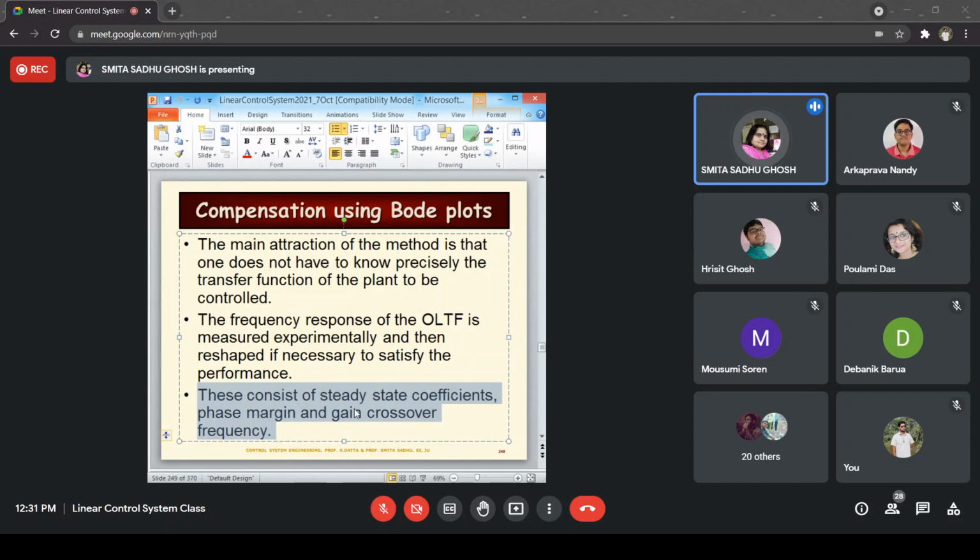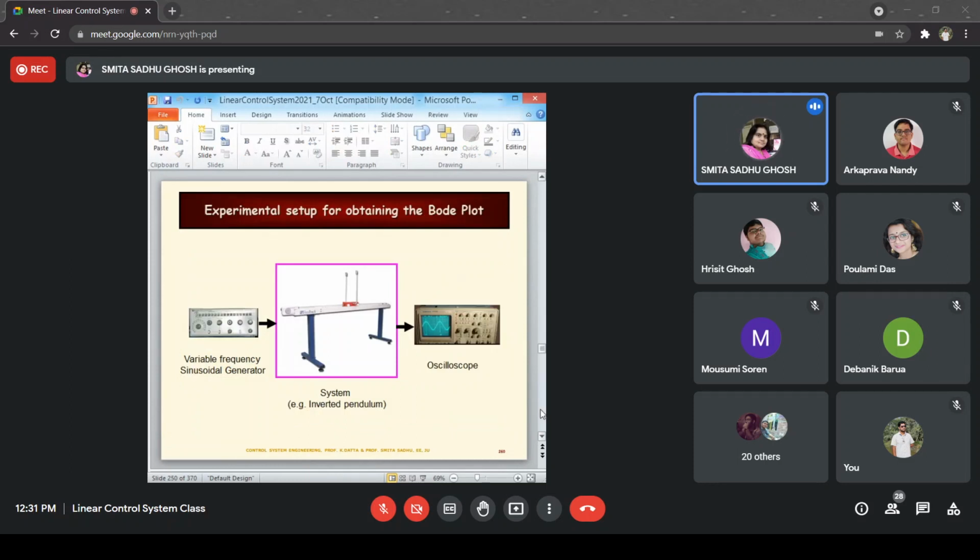Now, if you have the Bode plot of your nominal system, meaning the system without the compensator, you can design a compensator such that you get your desired Bode plot, or at least the desired requirements, the performance specifications that are mentioned. Now I'll actually tell you how you can obtain the Bode plot by using an experimental